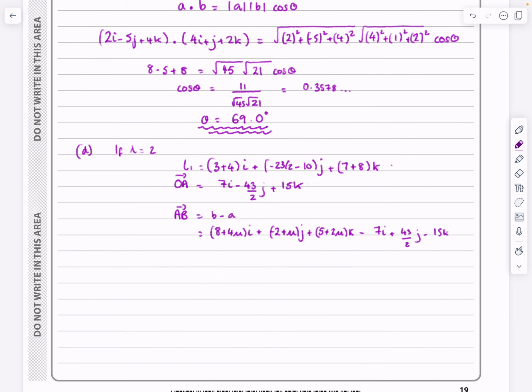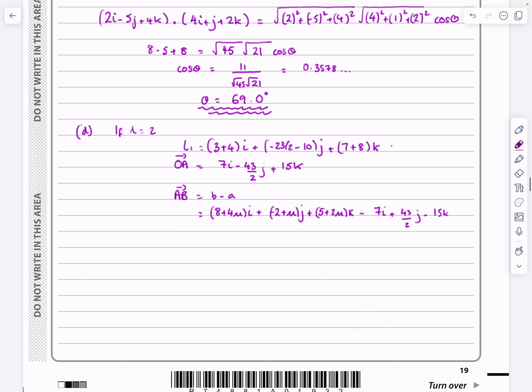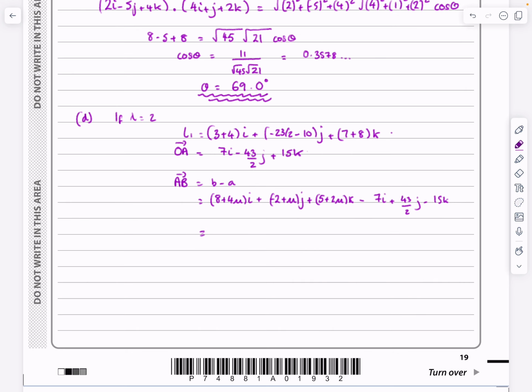Right, okay, so let's tidy all that up. Let's actually see what we've got there. That works out to be 1 plus 4 mu i. You can take your time and do this, I'll just put the answers in here. Plus, if we tidy this up, mu plus 39 over 2 j, and it works out to be 2 mu minus 10 k there. So we now know